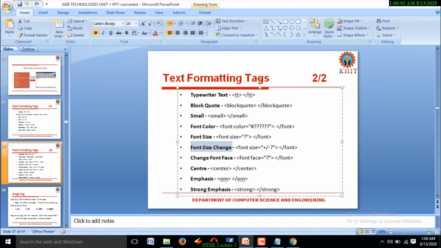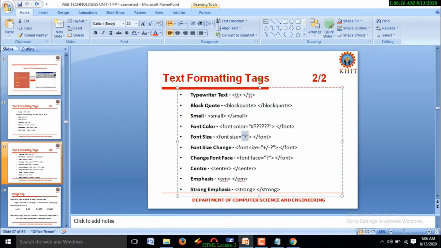Next tag is font size changed. Here the font size is changed by adding some pixels or by removing some pixels. Here you may add pixels to the existing pixels, and you may subtract the specified pixels from the existing pixels.